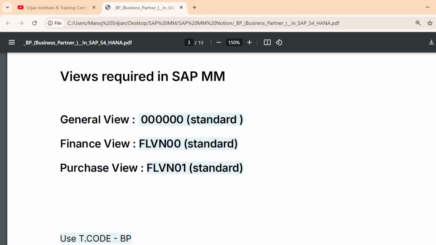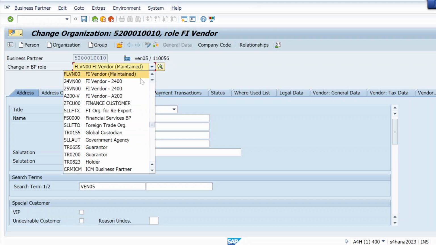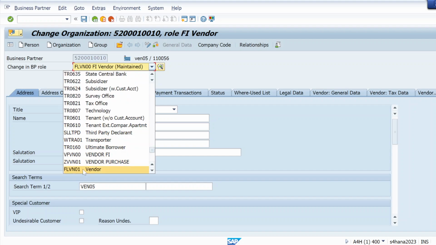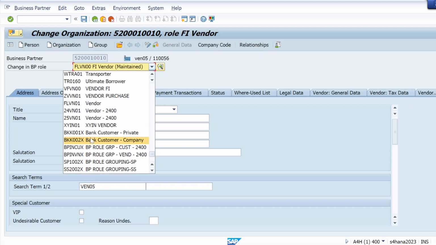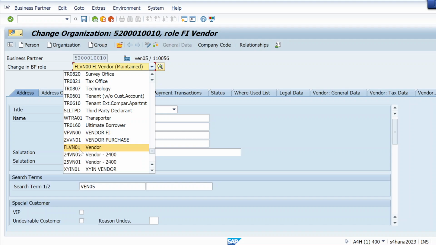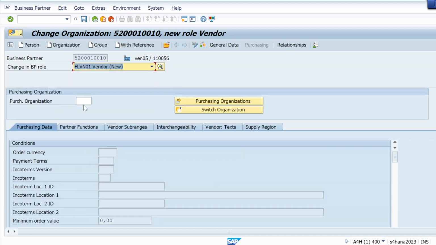Now we are going to select the purchasing view by selecting the role FLVN01. You can see here FLVN01 and simply the purchasing view. Just click on that. Now we can maintain the purchasing view here.